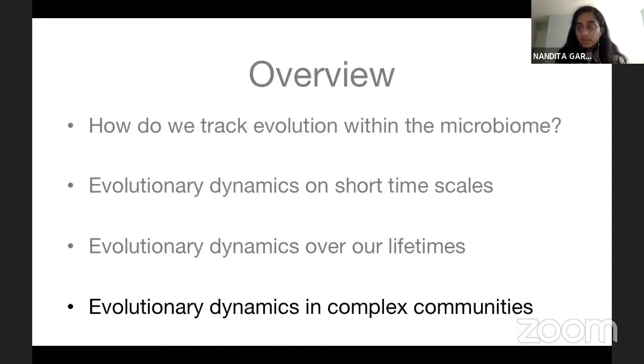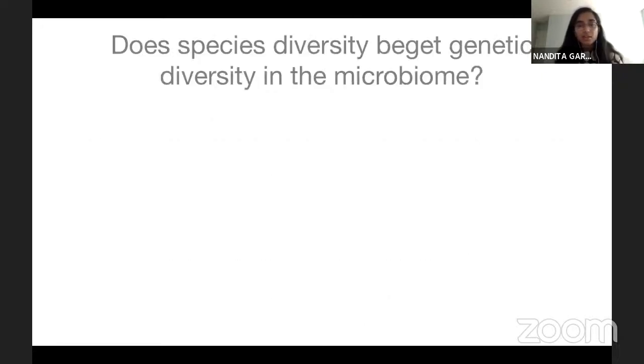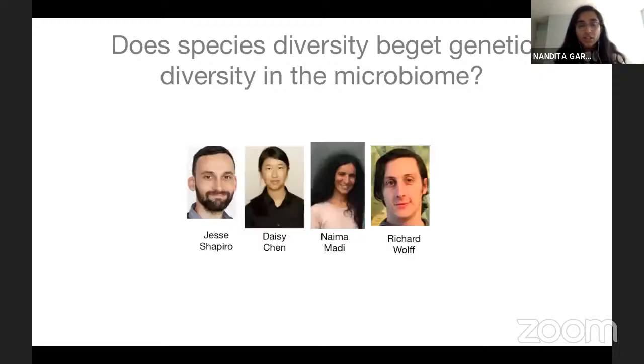Okay, so this brings me to the very last portion of my talk, which is on evolutionary dynamics in complex communities. And this is a new project that I'm taking forward with Jessie Shapiro, Daisy Chen in my lab, Naima Mahdi in Jessie's lab, and Richard Wolf in my lab. And the question we are asking is whether species diversity begets genetic diversity in the microbiome. This is a follow-on from Naima's paper that's right now on bioRxiv, where she's asking whether species diversity begets species diversity in the microbiome